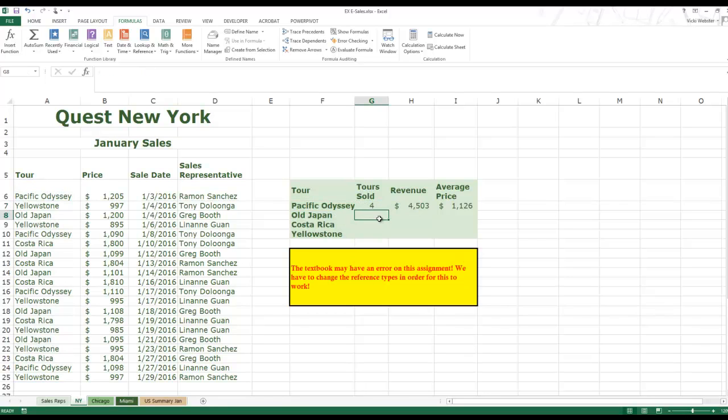You have 4 types of references. The default is a relative reference, and relative references are great. A relative reference changes based on where you copy it to. For instance, and this video may be a little longer than our typical videos, but just to give